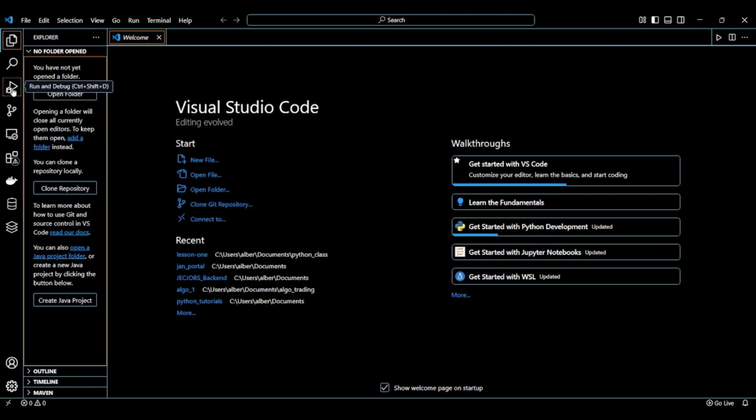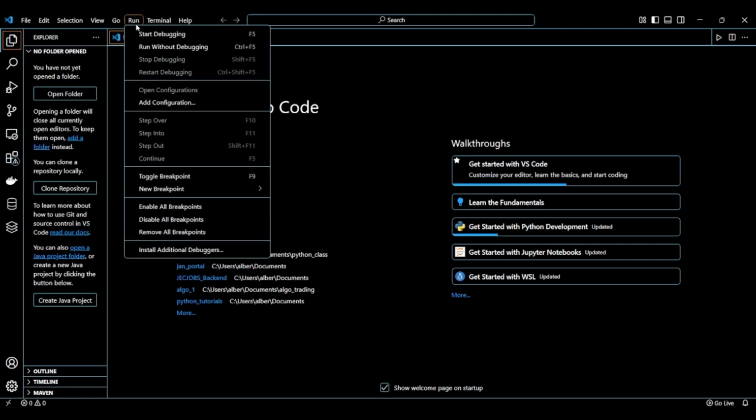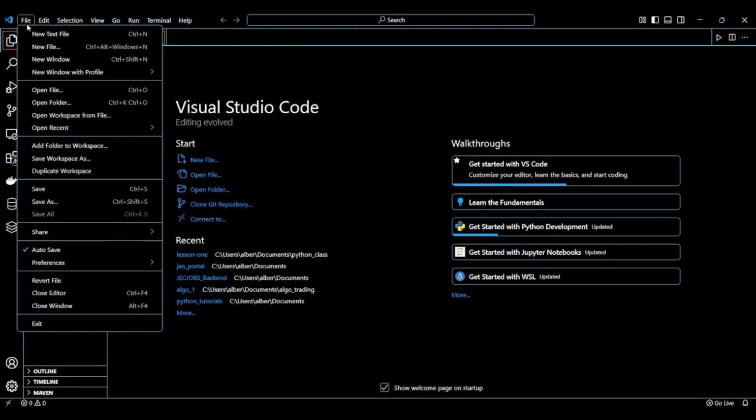So this is your sidebar. You have your menu bar up here. You can find a number of different utilities inside here, different menus that you can enter into. If you are new to VS Code, it's pretty easy to use. When you want to create a new file, you can go to File and